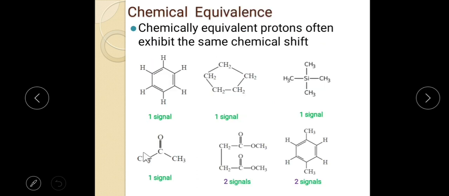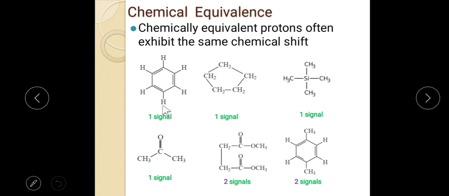As everyone might know, the protons which are in the same chemical environment will show the same chemical shift. That means chemically equivalent protons give the same chemical shift. In case of benzene, all the protons have the same chemical environment. So how can we check the chemical environment? You can see for this hydrogen there are 2 ortho protons, 2 meta protons and 1 para proton. Similarly, for each and every hydrogen there are 2 ortho, 2 meta and 1 para proton. That means all the hydrogens from the benzene ring are in the same chemical environment, so they will provide only one signal